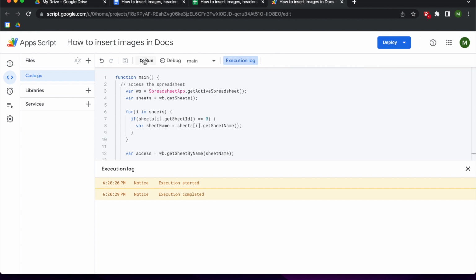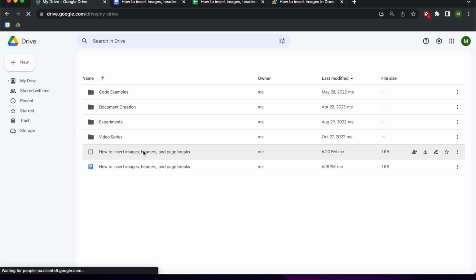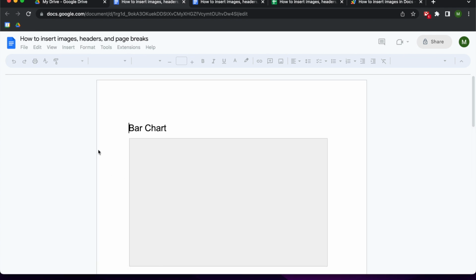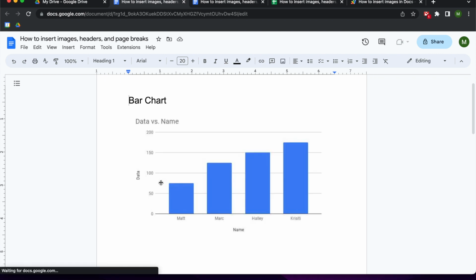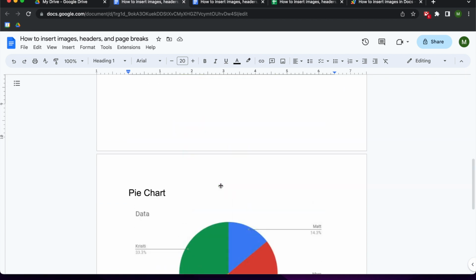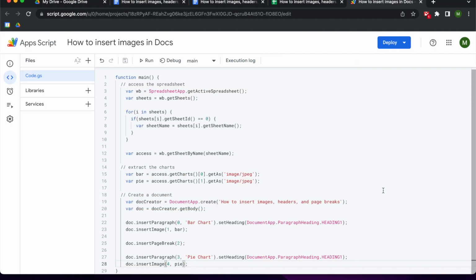Cross our fingers. Go to our drive. And give it a moment. I'll just refresh it. Cool. Now we have a second document in here. My computer is so slow. Cool, so we got a bar chart, and hopefully we'll see a bar chart. Sweet, and we scroll down, we have a page break, and then we have a pie chart, and we have the pie chart. Great, everything about that was wonderful,